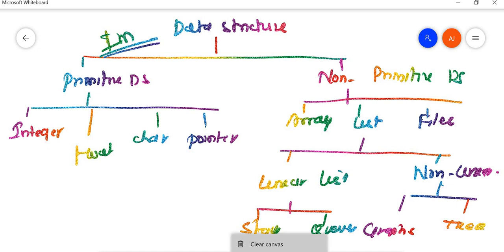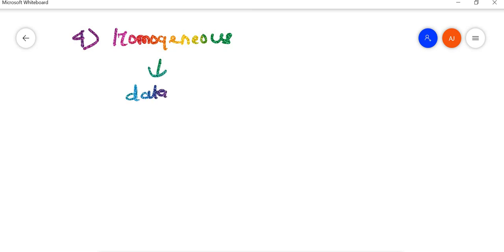Last one is on the basis of homogeneous and heterogeneous. As I discussed earlier also, homogeneous means the data elements are of the same type. So fourth number we have homogeneous. In this, the data elements are of the same type.